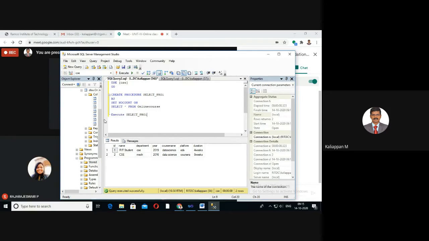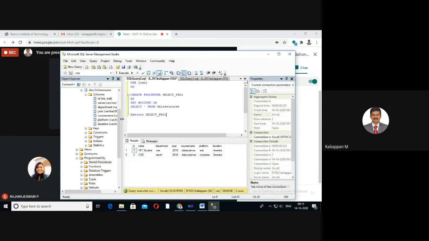In any web application, you just call this stored procedure alone, and you can get this result. You can give any SQL command within a stored procedure.